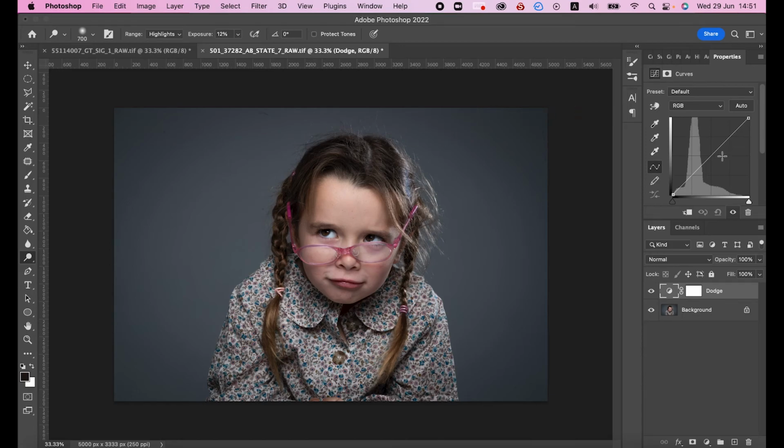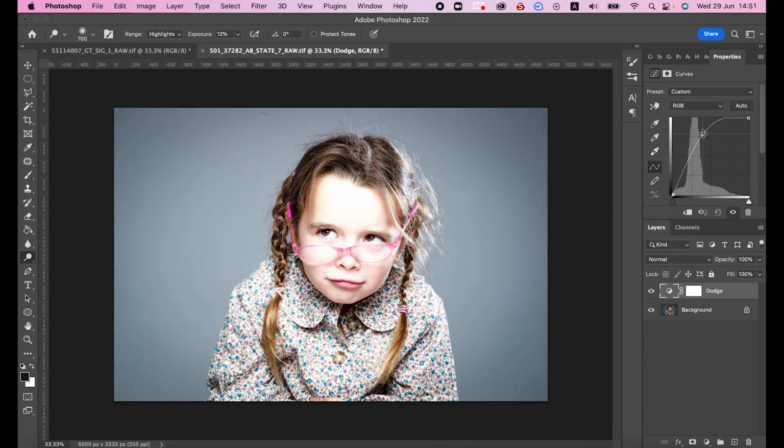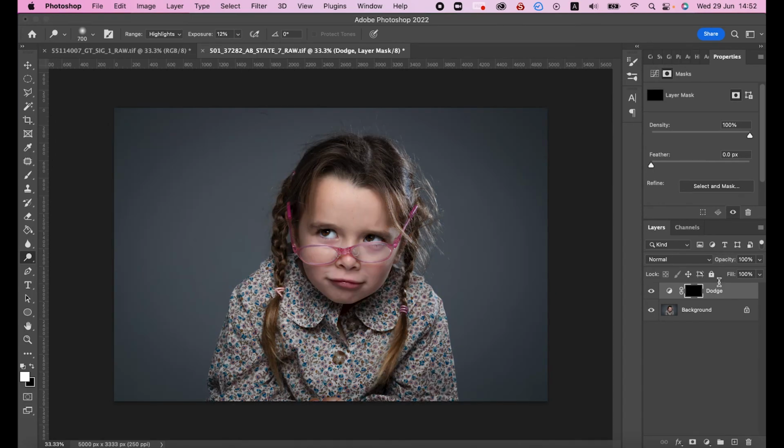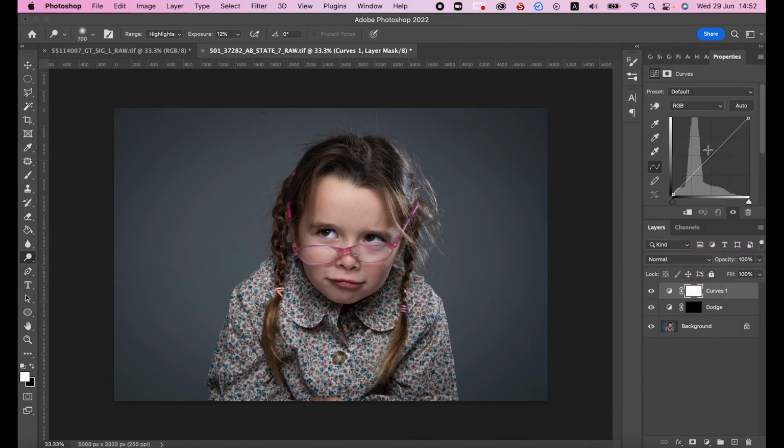we'll call this one dodge. All you want to do is drag that up here. Click onto the white square here, this is the layer mask, and then we're going to hide the layer mask by pressing Control I. And now later you'll be able to paint on, as we go through dodging and burning, you'll be able to see how you use this tool, how you bring back through that really light layer that you just created back through using layer masks. The second one we're going to call burn,